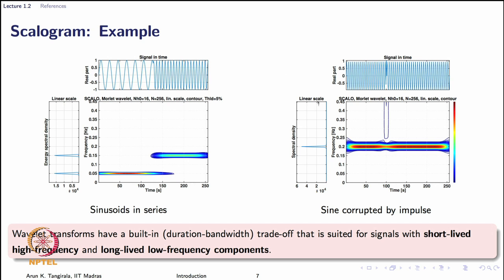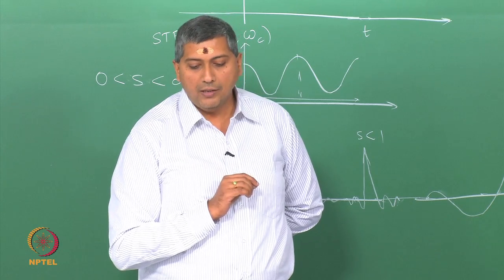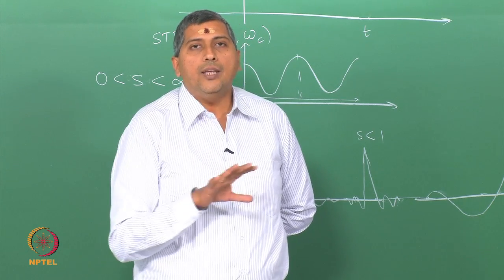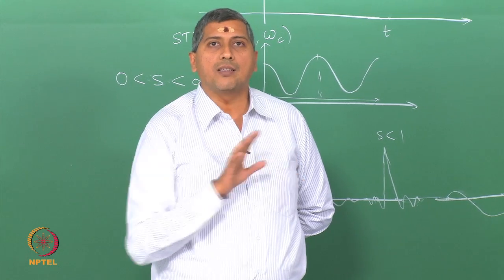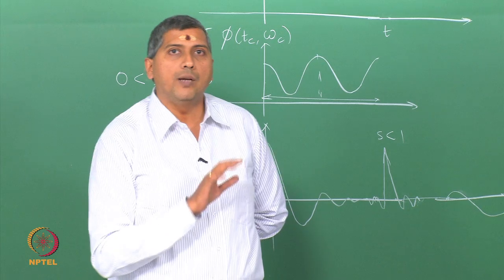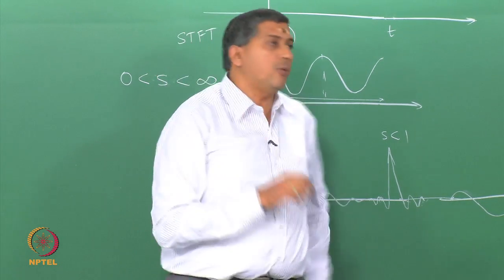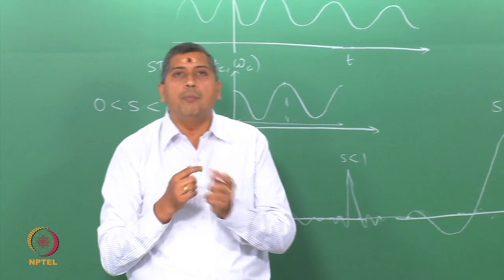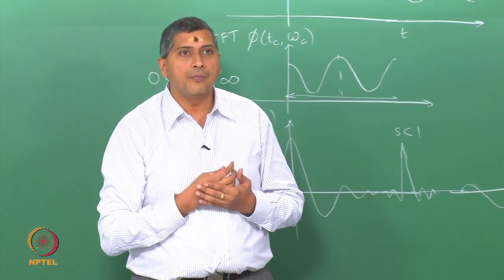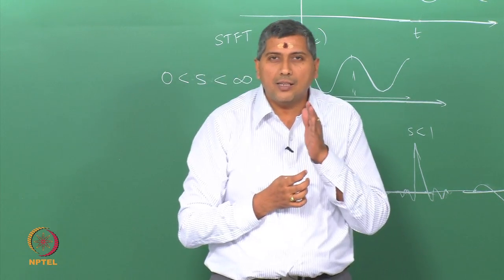Now, one of the key applications of wavelet transforms is in detecting discontinuities, and if you look at this example that we have here on the right, it has done the job for you. We have a sinusoid corrupted with an impulse disturbance. Without any user intervention, it is able to detect the discontinuity as well as the sine wave, whereas in the spectrogram, although we did not discuss this in detail, one has to adjust this width effectively to capture both the impulse and sine wave. You have to do it by trial and error, whereas with wavelets it is very nice,